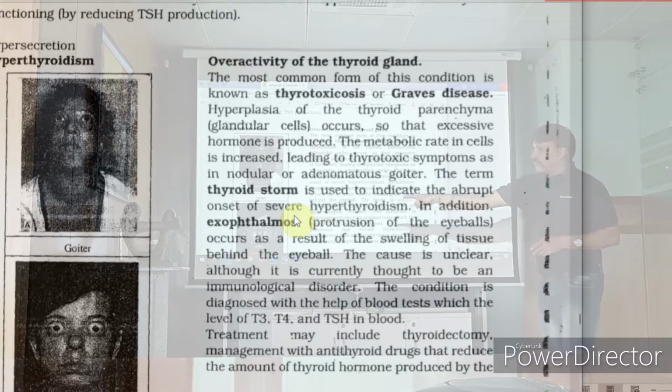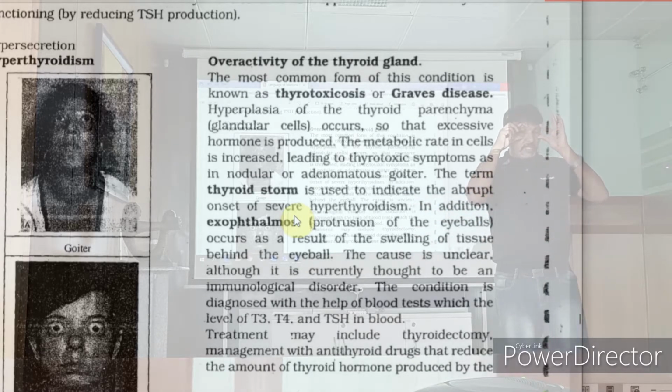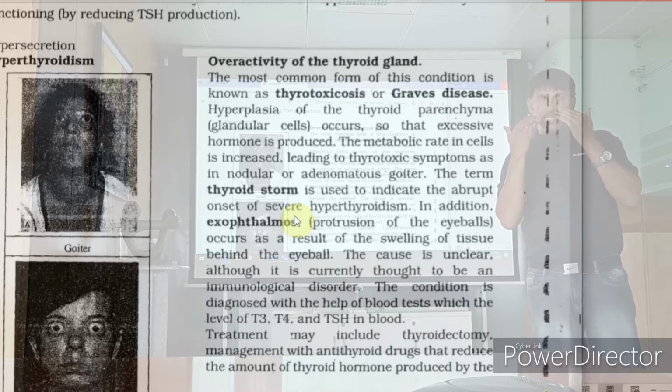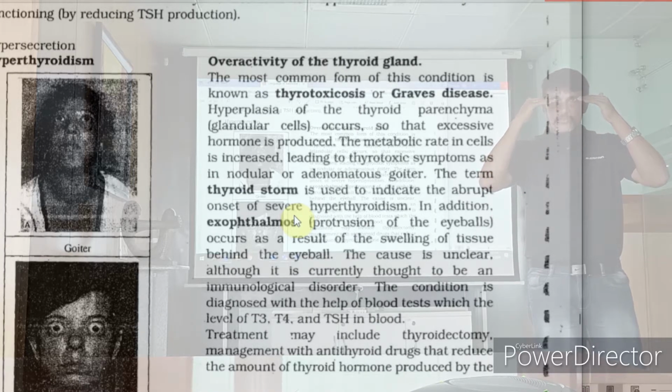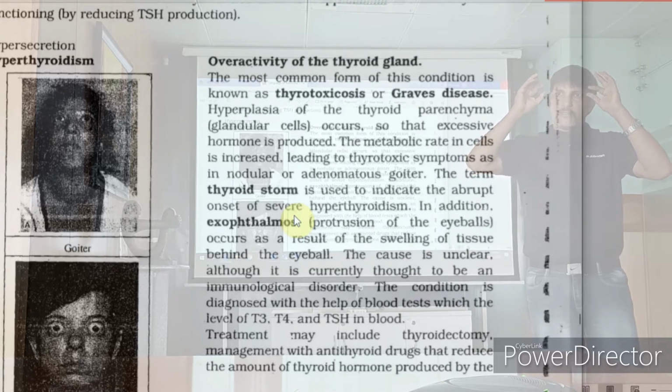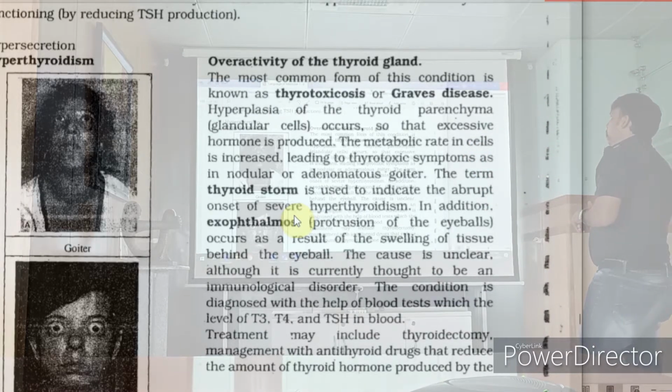In addition, exophthalmos, meaning eye protrusion, happens. Usually when you're watching, the normal eyelid covers half of the iris. You do not see the entire sclera. Whereas in hyperthyroidism, what happens? The eyes go wider. My eyes are small, so still I'm trying to. You go wider. Okay, that is what happens. Exophthalmos, protrusion of an eyeball, occurs. Swelling of the tissue behind the eyeball. What's happening is behind the eyeball there is a swelling that pushes the eyeball in front.